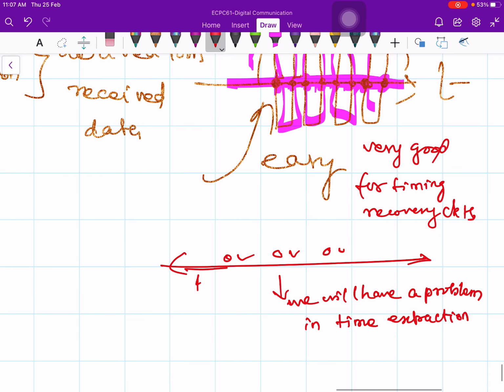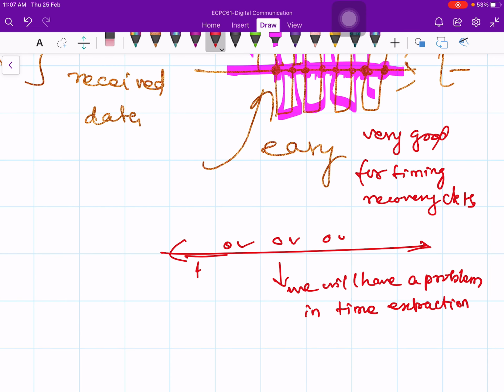So that's what we mean by synchronization. That's why long strings of ones and zeros are not good from the timing extraction point of view. Unless we can make our coding transparent to long strings of zeros or ones, we will not be able to recover the clock. So even if we have a long string of ones and zeros, we continue to get zero crossings or bit transitions. That is possible with the help of Manchester coding.